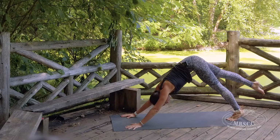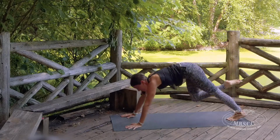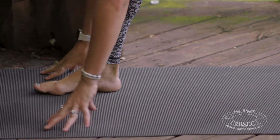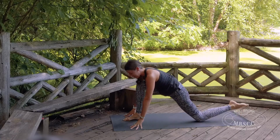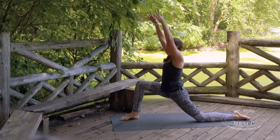Take an inhale to lift your right leg up towards the sky. And as you exhale, step it forward between your hands. You can help your ankle forward here. We're coming into a low lunge. As you're ready, tap the left knee down, untuck the toes, sweep the arms forward and up, coming into crescent